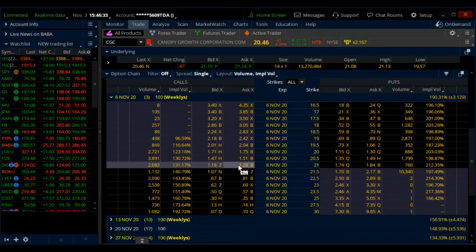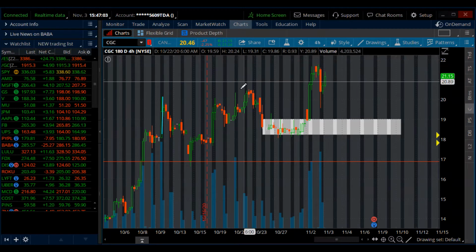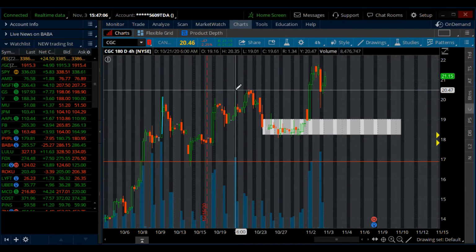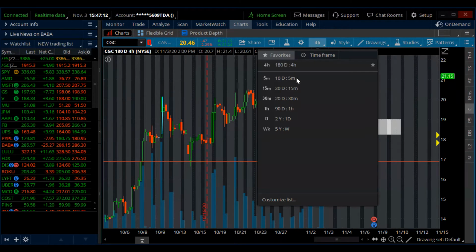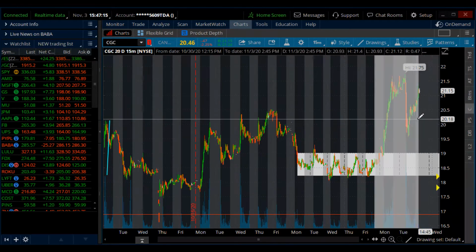With that IV being that high, what that means is the contracts don't really move as much. The minute that this drops, the IV starts dropping, and your premium starts dropping as well. So if we have this from 118 to 128, when we get a pullback and the IV drops, this thing will drop to like 110, 109, whatever the number may be. Who cares? You guys go figure it out with the Vega and do all the mathematical stuff that has to do with the options. But I'm just letting you know that when this pulls back and the IV decreases,